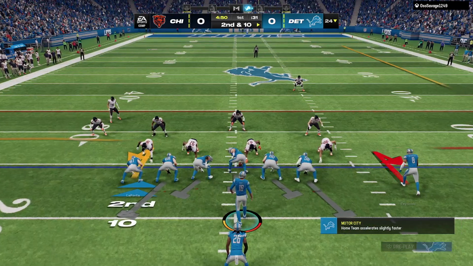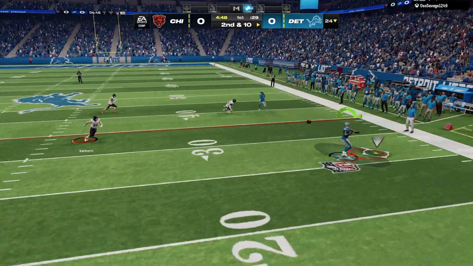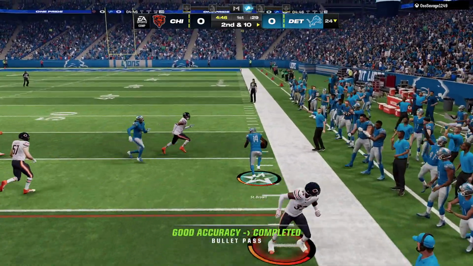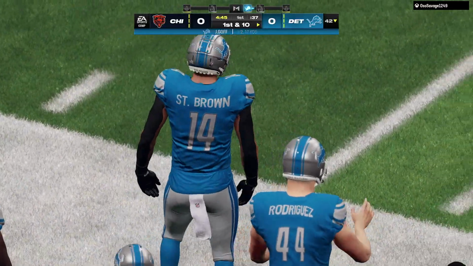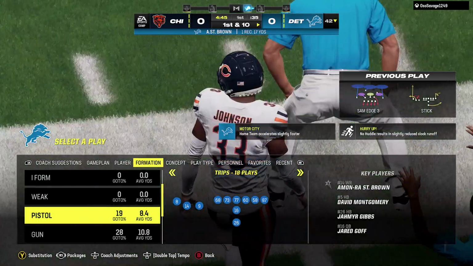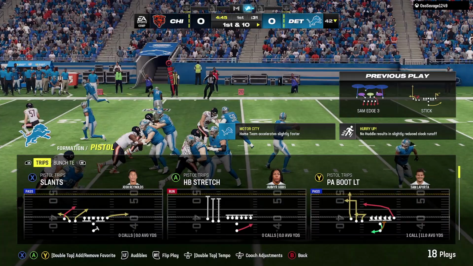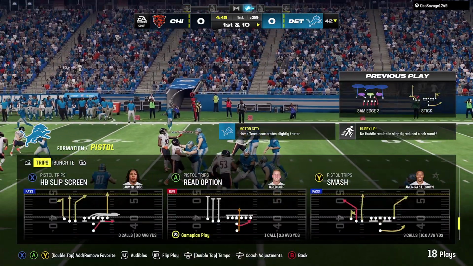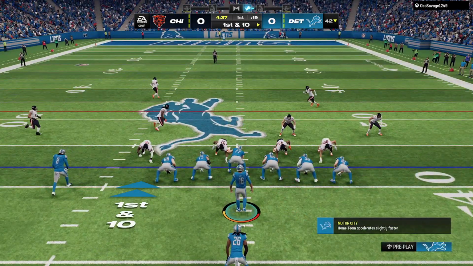And here, based on this 4-3 normal defense, it seems like we have a lot of space with Amon-Ra. So we set up a simple concept with a slant to distract his user, and we just check it down to the flats. Again, I said this in the last video, just hit your flats if they're open, force your opponent to really play underneath, and then you can start taking your deep shots. But there's a PA boot left, there's a PA halfback flat that has a really good crossing route,